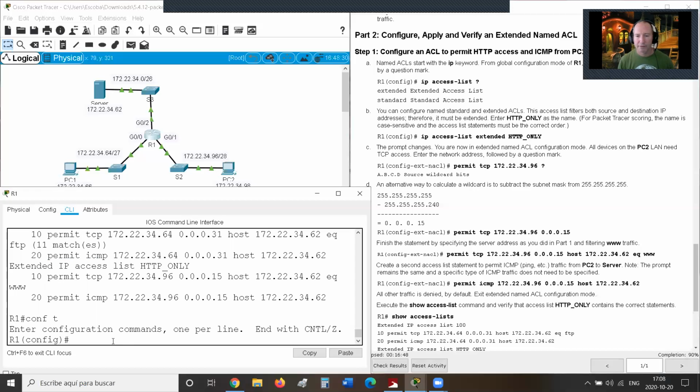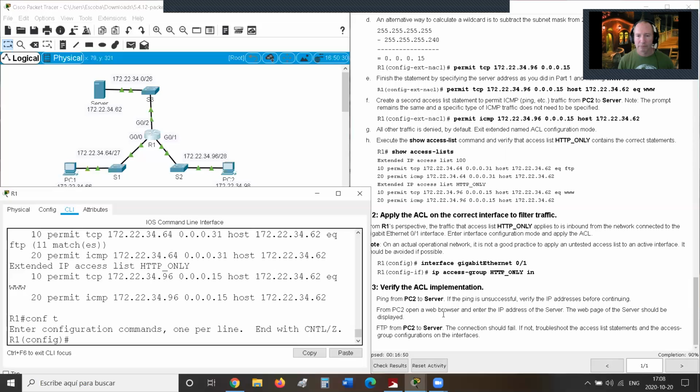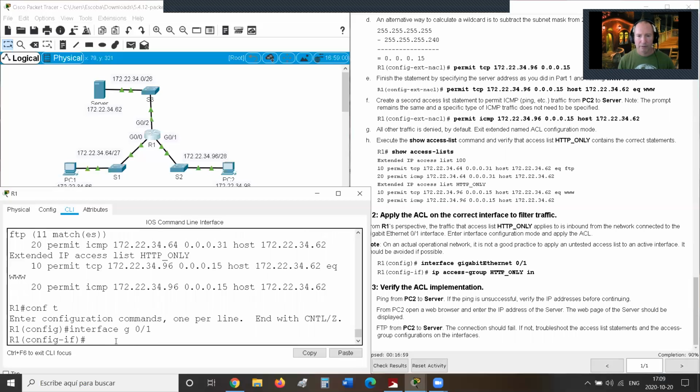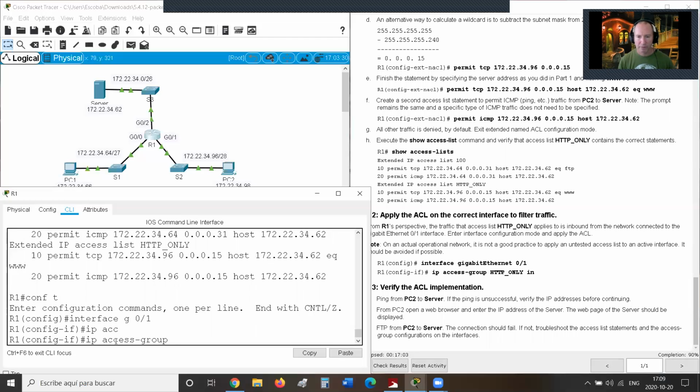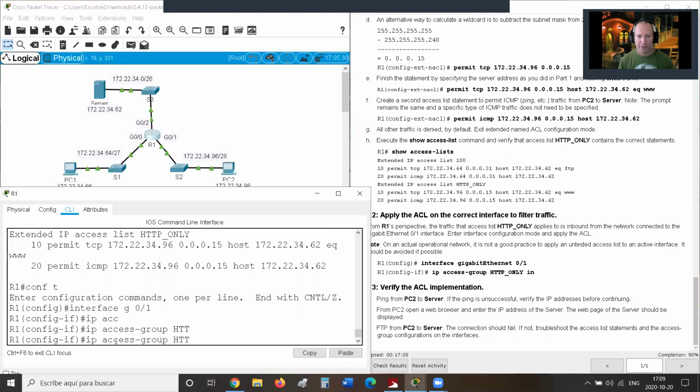Go to the interface. Interface gig 0/1. And IP access group. HTTP, you'll see it auto completes. No. HTTP only. And